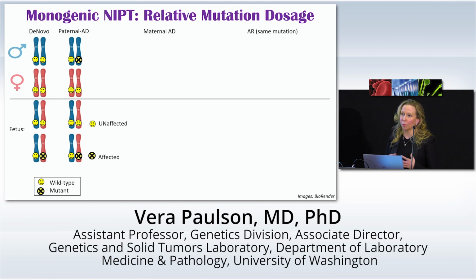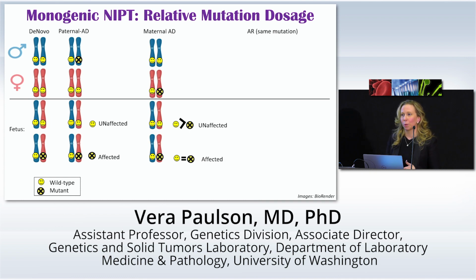So basically, if you go and look at maternal circulation, which has both mom's cell-free DNA and cell-free DNA from that placenta, if you find the variant, that means the fetus is affected. If you don't find it, they're not. I think that's probably the easier one to wrap your brain around. When we think about a maternal autosomal dominant, though, then we have a problem because mom's cell-free DNA already contains this mutation. Now you have to actually look at the ratio, the allelic balance or imbalance between wild type and mutant. If it's 50%, if it's roughly the same, the fetus is affected. If there's more wild type than mutant, fetus is unaffected.